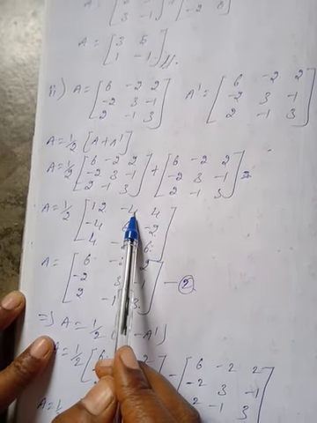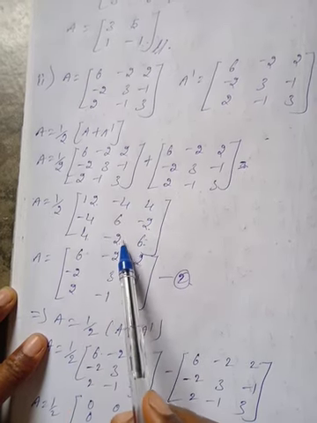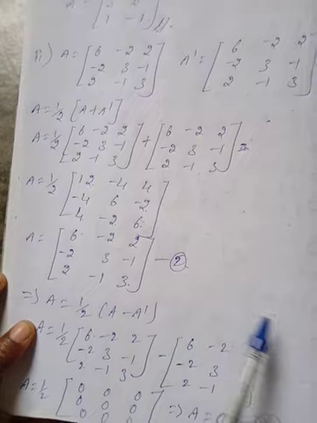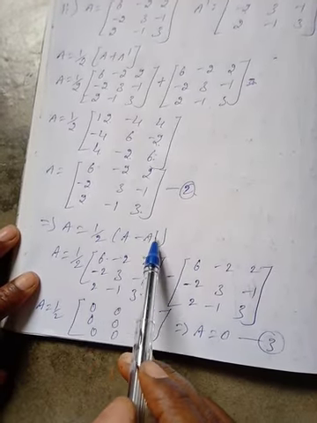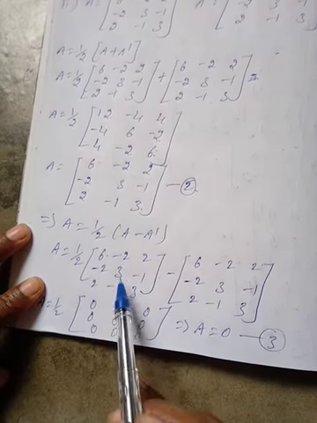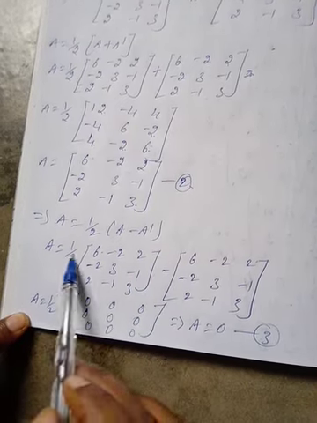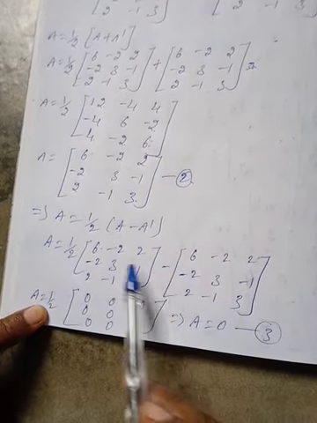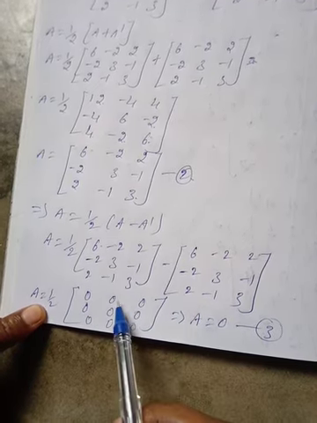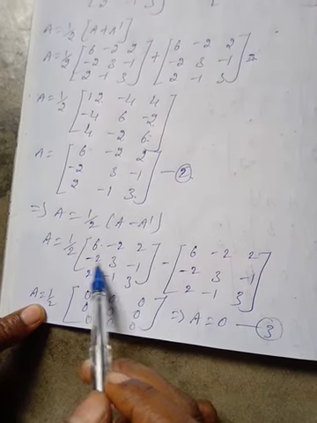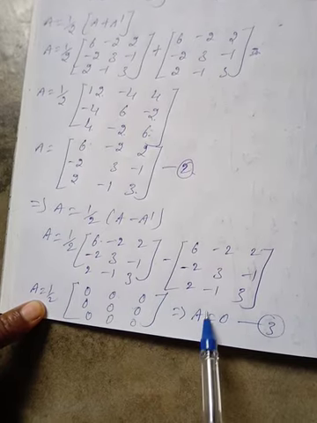2 6s are, 2 2s are, 2 2s are, here 2 2s are, 2 3s are, 2 1s are, 2 2s are, 2 1s are, 2 3s are. You are getting like this. Next, let us check it out. Skew symmetric. A is equal to half into A minus A transpose. Again, half into, right, here A value minus A transpose value. Here in between, write half as it is, in between negative sign is there, so I subtract all the elements. 6 minus 6, 0, minus 2 plus 2, 0, 2 minus 2, 0, minus 2 plus 2, 0. In the same way, if you are subtracting these two, you are getting only 0, 0.